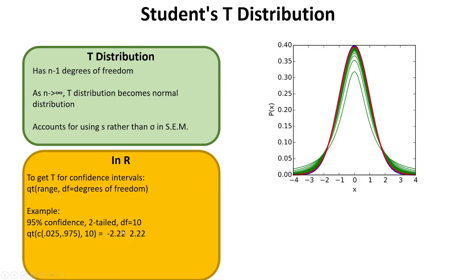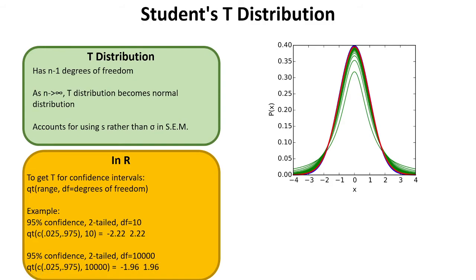And then that's going to give you the t value, which is plus or minus 2.22. So minus 2.22, plus 2.22. And so if we did this with degrees of freedom equaling 10,000 as it starts to approach the normal distribution, you would see what you would expect for a normal distribution, negative 1.96 and 1.96,